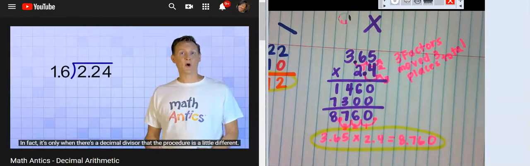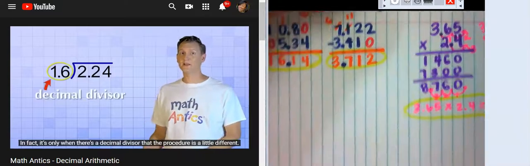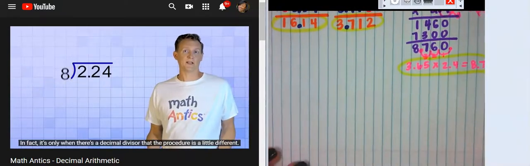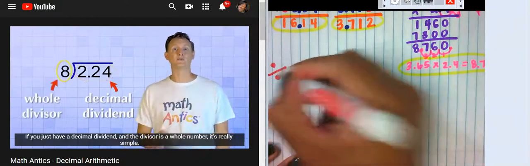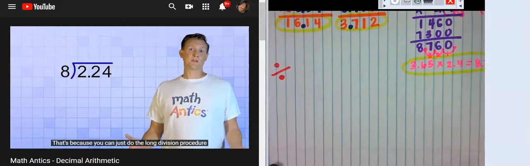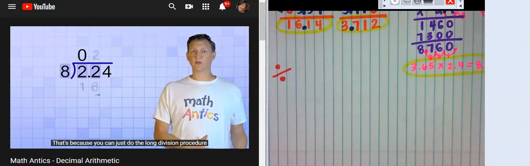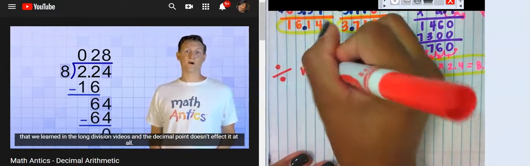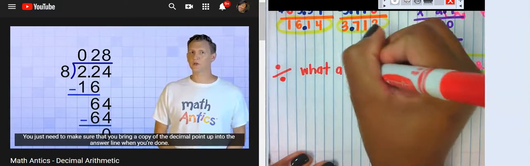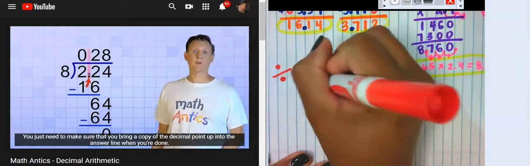In fact, it's only when there's a decimal divisor that the procedure is a little different. If you just have a decimal dividend and the divisor is a whole number, it's really simple. That's because you can just do the long division procedure that we learned in the long division videos, and the decimal point doesn't affect it at all. You just need to make sure that you bring a copy of the decimal point up into the answer line